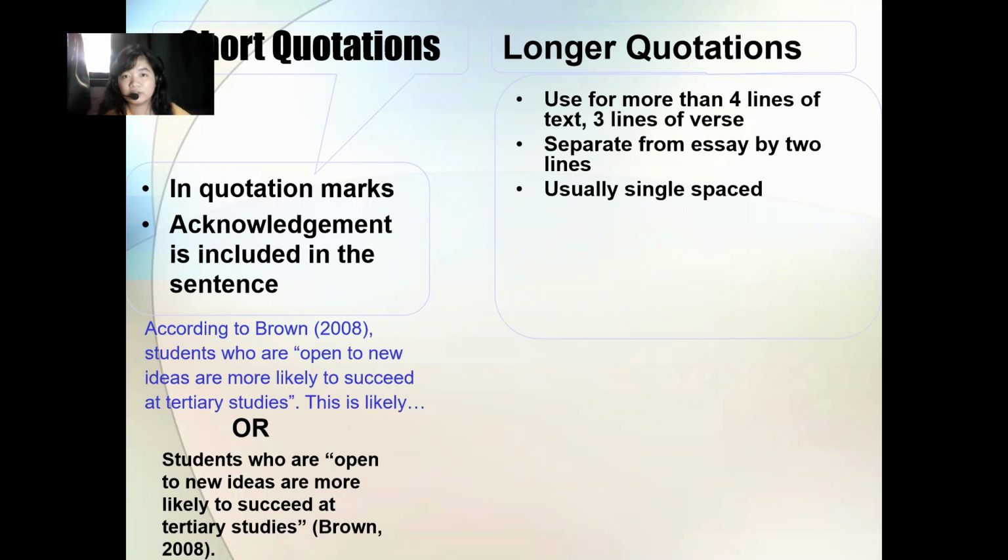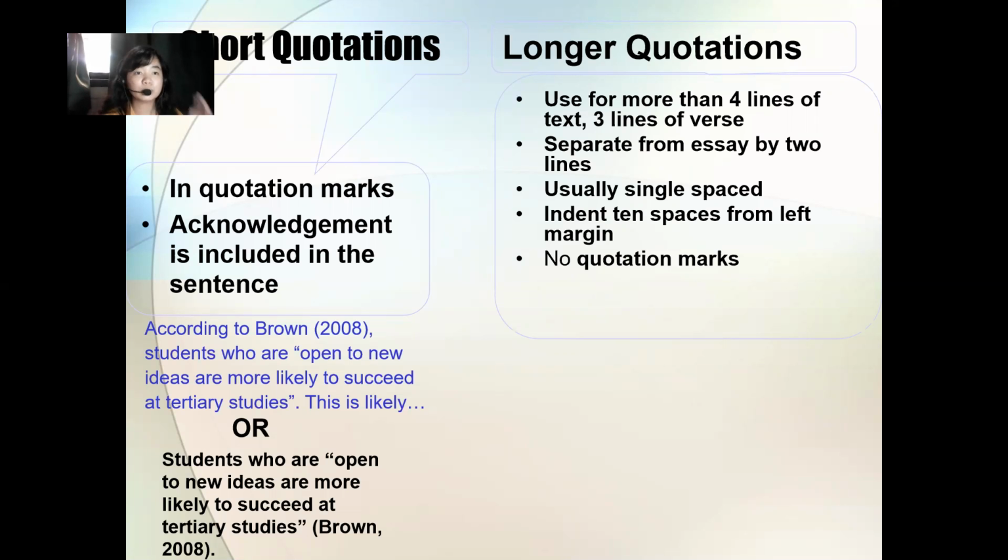For the readers to identify that it is a quotation, in a research paper, what is the format? Double space, right? If it is a quotation, you indent it, make it smaller, and single space it, like the abstract. So, indent 10 spaces from the left, so that it doesn't get mixed up with the original paragraph. There are no quotation marks if we use longer quotations. For example, if I want to quote a whole paragraph, not just taking a few words, you will apply longer quotations.